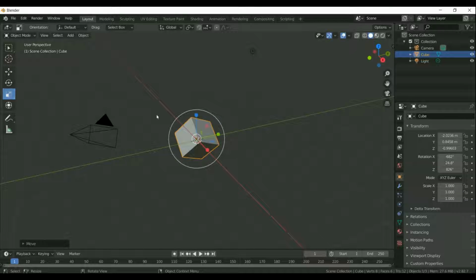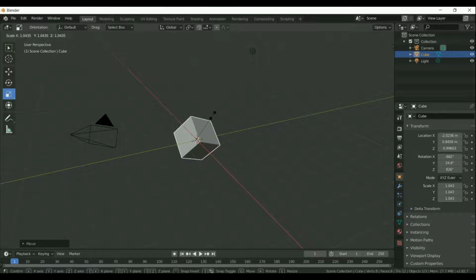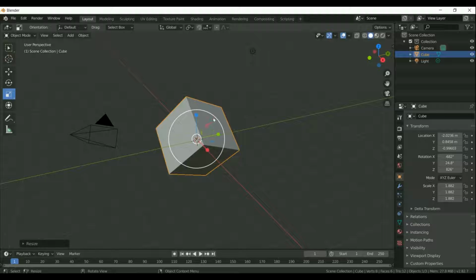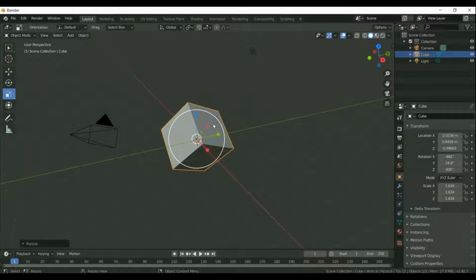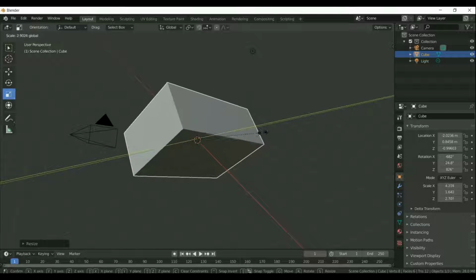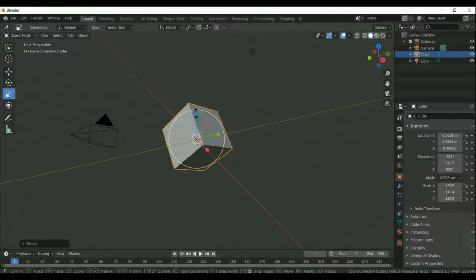Another tool is the scale tool. For scaling purposes, when we need to scale an object, we can gradually scale by clicking on the circle portion and dragging the mouse, or through the axes given here, the X, Y and Z axes.